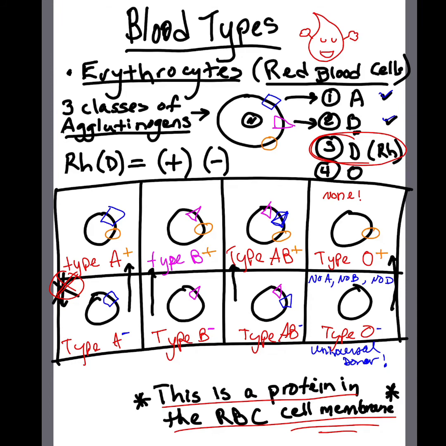One last thing is that there's also a universal recipient, which is going to be your type AB positive. Because this person has the three agglutinogens, it has A, B, and positive. So this person can receive blood essentially from anybody right here. The only problem is that this universal recipient cannot donate blood to anyone except for another patient that has this same type of blood. And actually this is one of the rarest types of blood